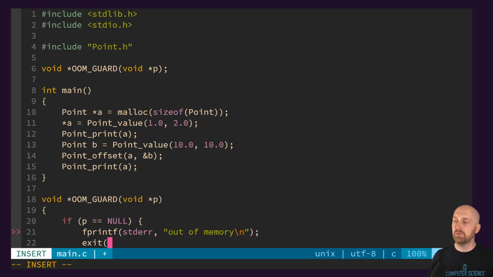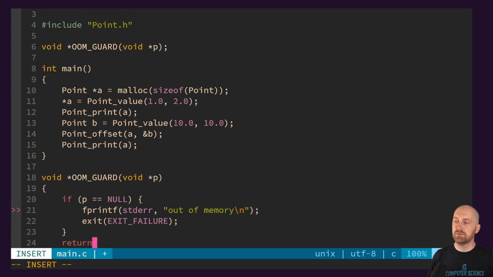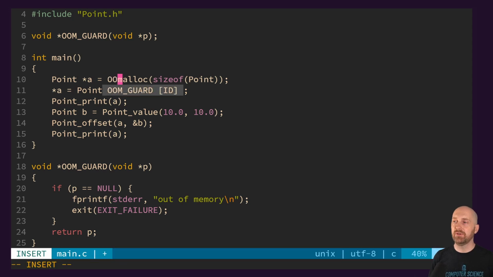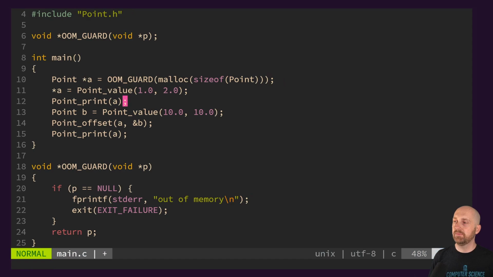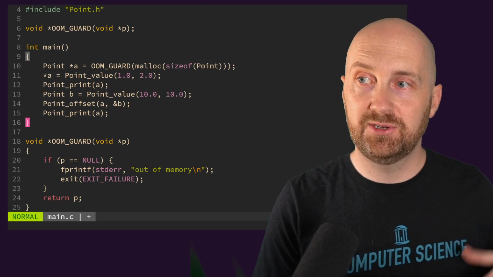And exiting with exit failure. Otherwise, what we'll do is return P. And now what we can do is use this helper function guard to say guard malloc. So I would encourage you to place this particular abstraction in a header file so that you define guard